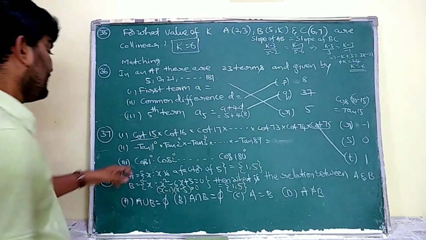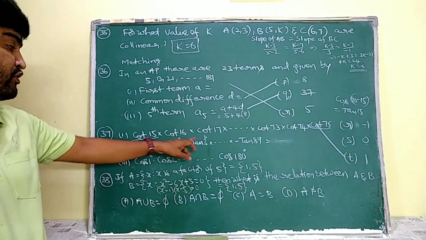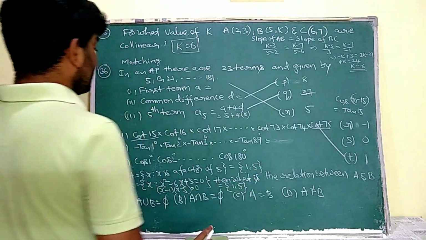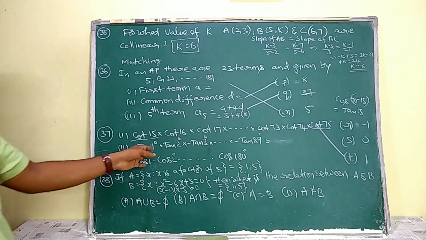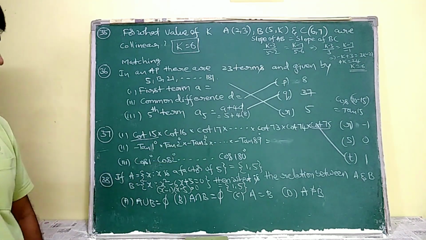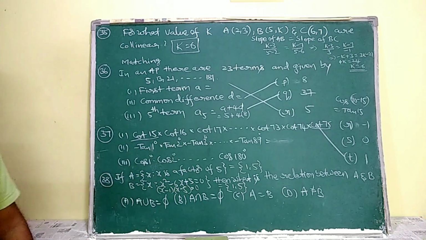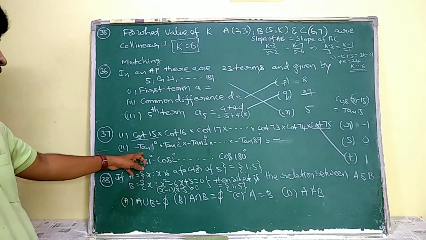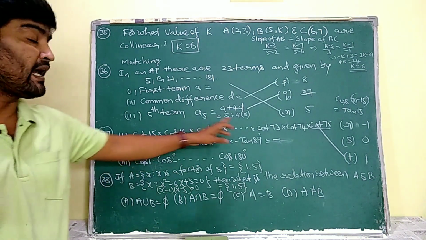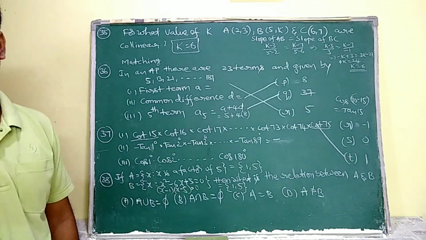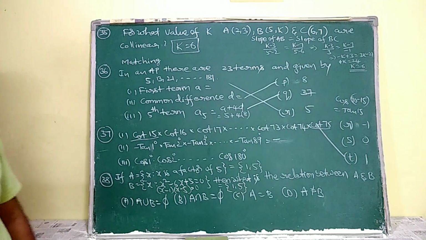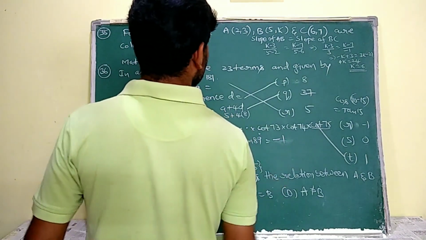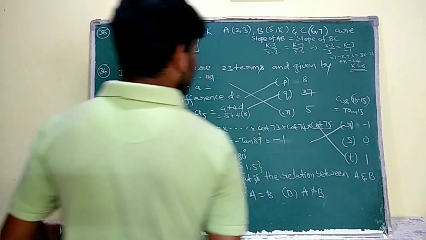Totally it is 1. Minus tan 1 into tan 2 into minus tan 3. That means every odd angle is having a minus. So totally here, 1, 2, 3, and so on up to 89, we are having 45 negative values. So the final answer is negative. See, tan 1, tan 2, tan 3 like that. Tan 1 and tan 89 are complementary angles to one another, so the product of those two is 1. In the middle tan 45 is left. So totally its value is minus 1. So this is mapped with minus 1.